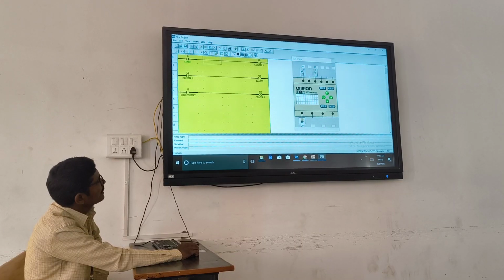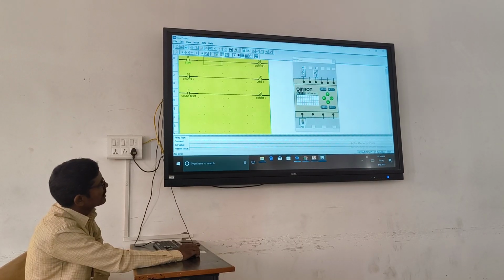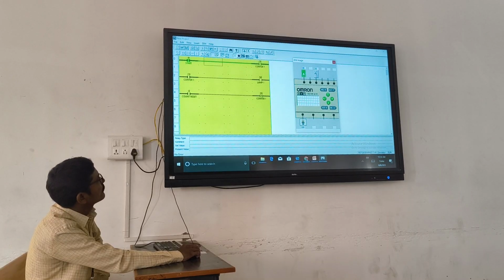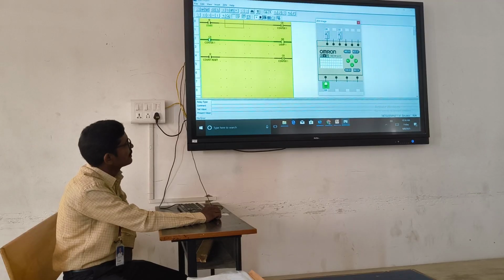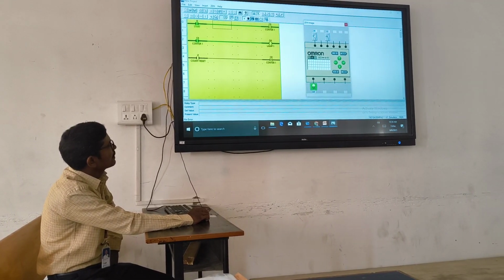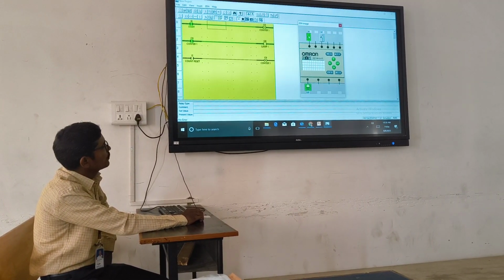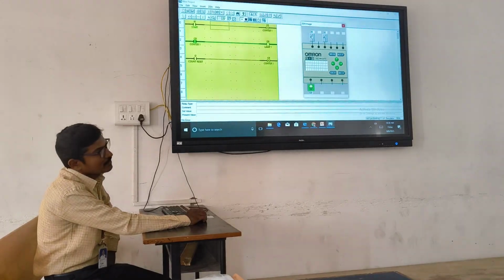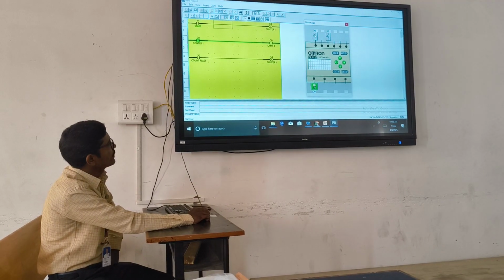We have pressed the start push button 5 times. Now if you press the counter input, there is no reaction here. To reset this counter operation, we have to press the